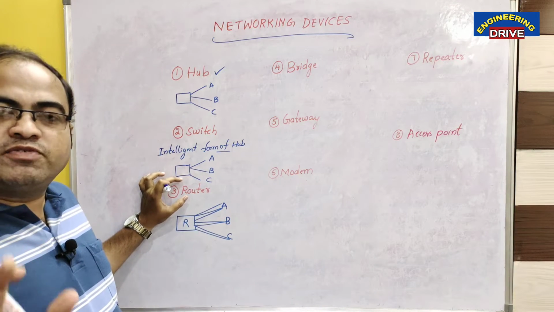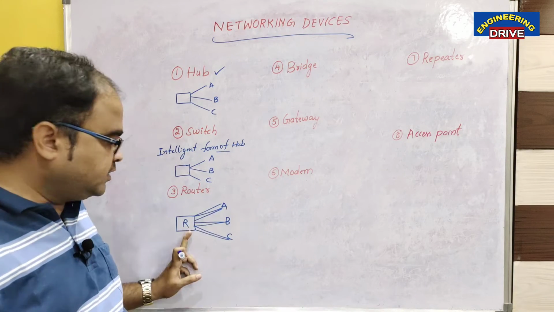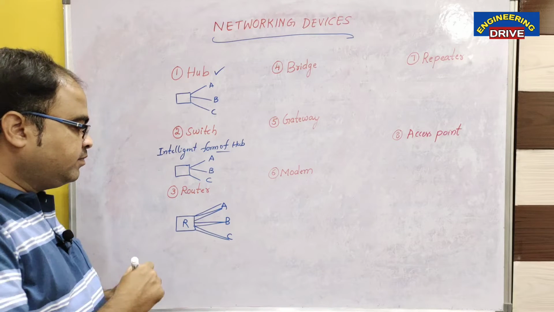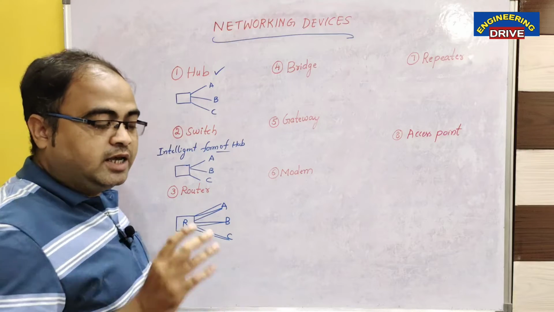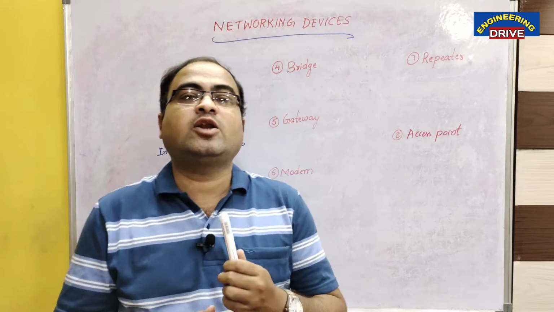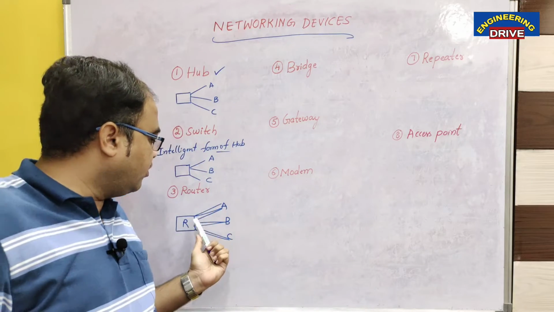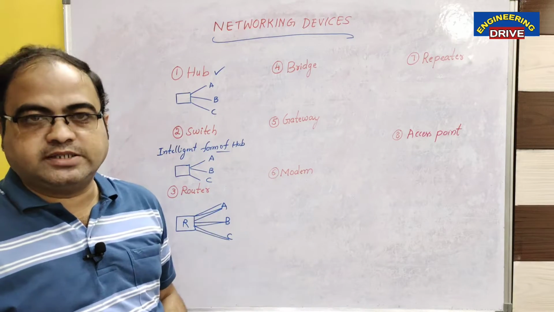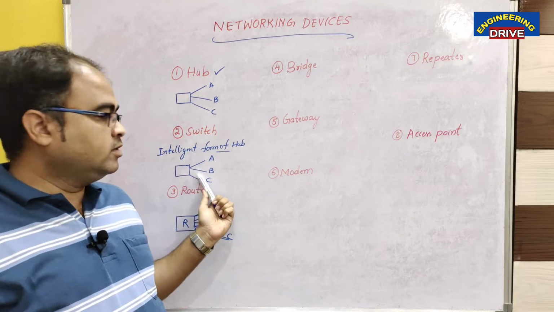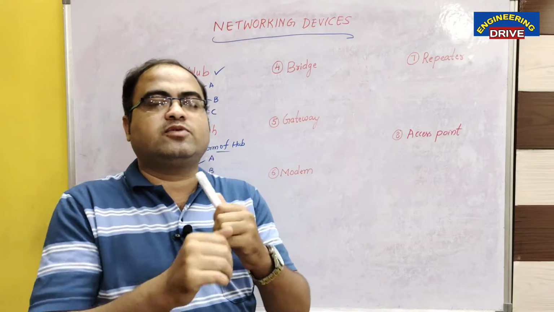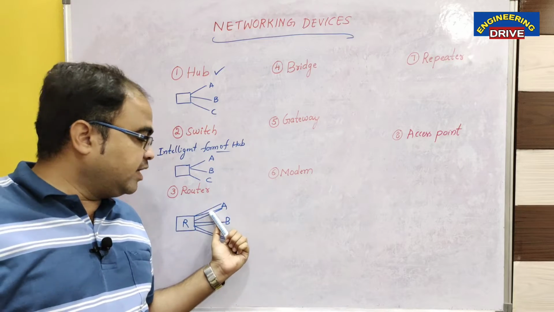Now the unique quality of a router is, in order to route the data, in order to route the packets, what will the router do? Here we can see how many paths there are to transmit the data to A. 3 paths are there. Then the router will decide which is the optimized path, which is an efficient path, and on that path only our data will be transmitted to the respective device. Is it clear? In a switch we don't have that efficiency. In a switch we can simply select to which device the data will be transmitted, and the data will transmit to the device.